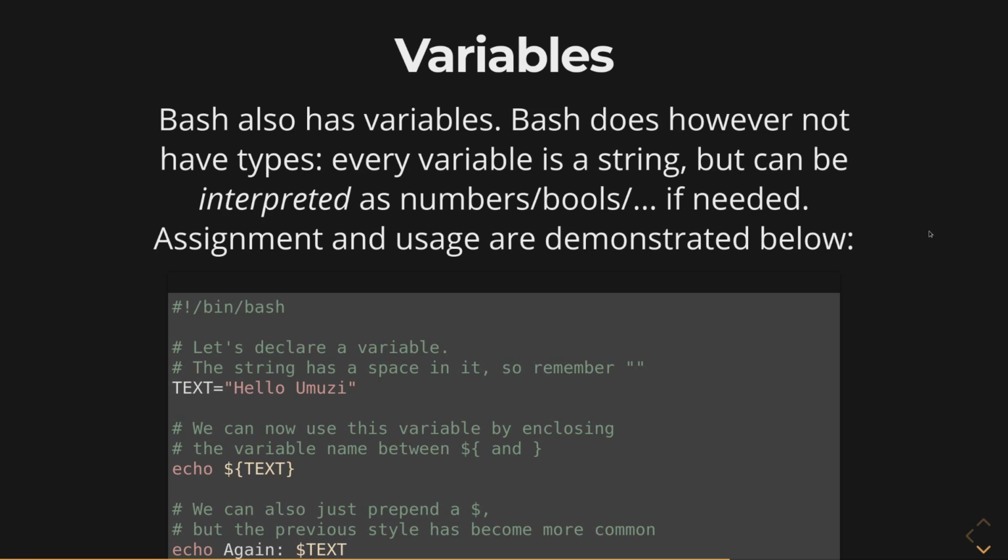Now there's two ways of actually referring to variables. And as we've seen before, we've seen some special bash variables already. We saw question mark, for example, which refers to the exit status of the last command you ran. You access variables by prepending a $, and really there are two ways of doing this. You can prepend it directly, as you can see at the bottom of the screen there, just $text. But it's become very common to use the full syntax, which is $, curly bracket, text, and curly bracket,